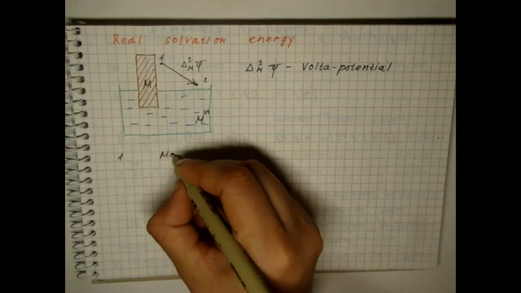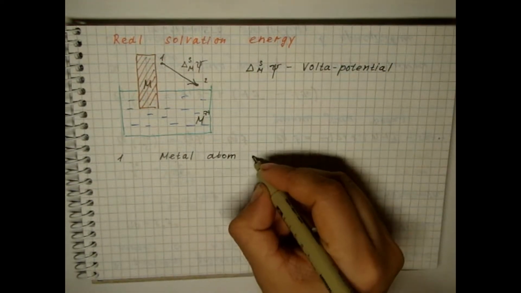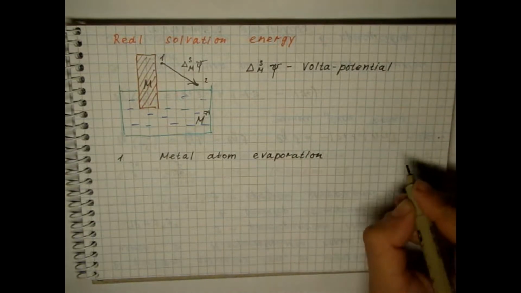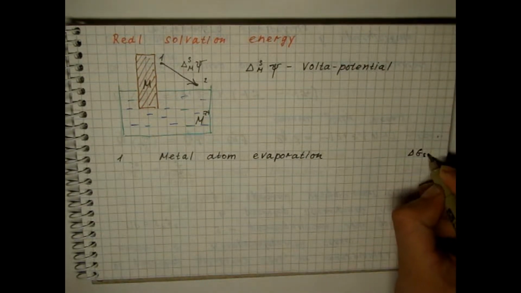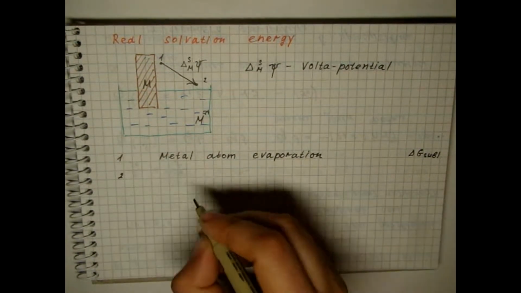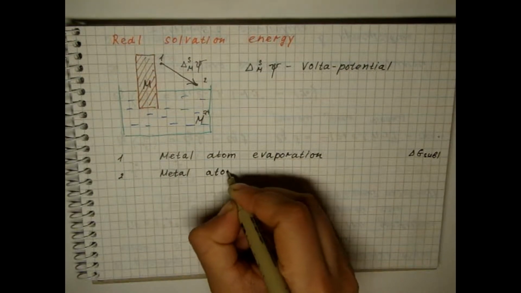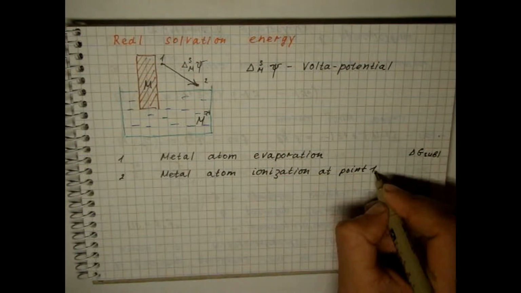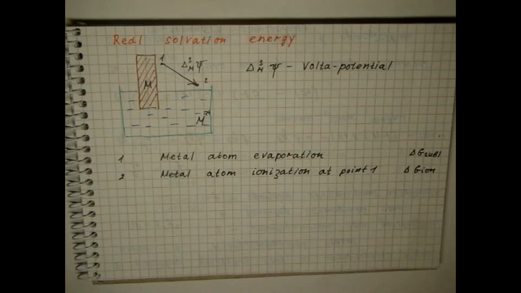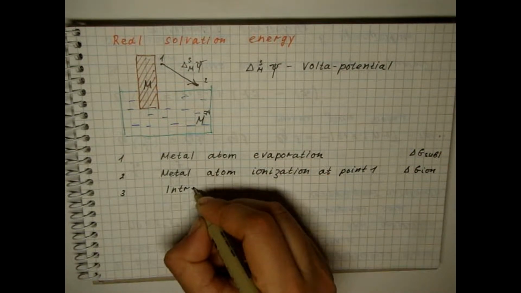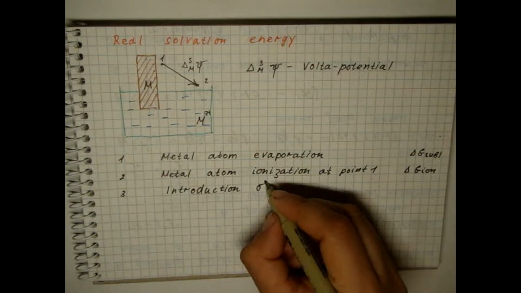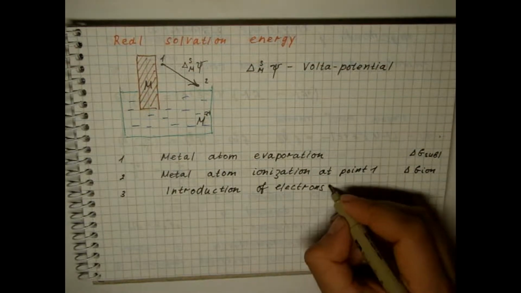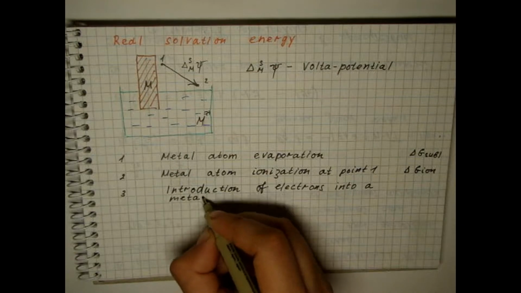Then we complete the following process. We evaporate 1 mole of metal atoms, which will require energy. Ionize these atoms near the metal surface at point 1, spending an energy equal to. The resulting electrons return back to metal. The gain in energy will be